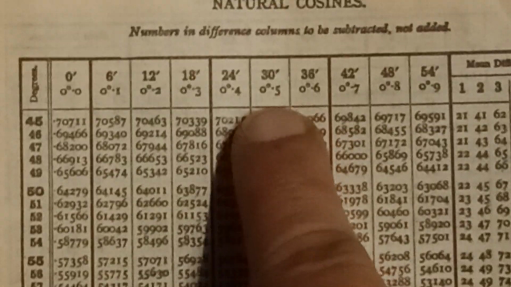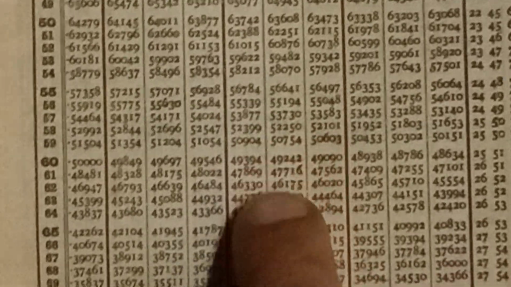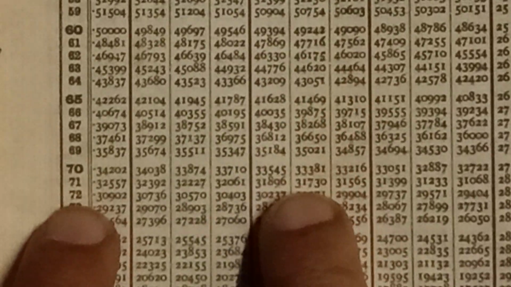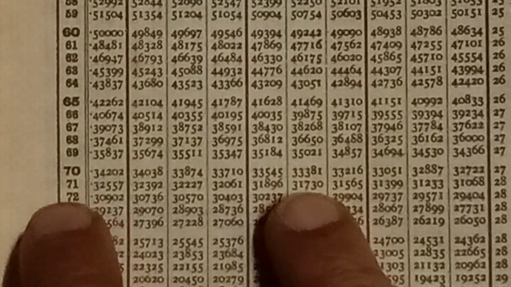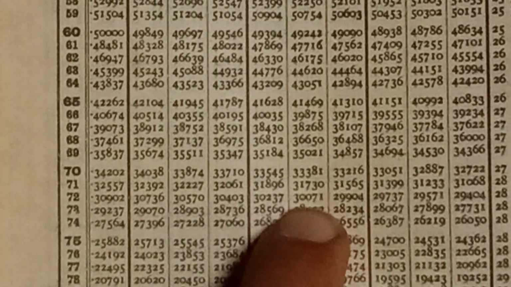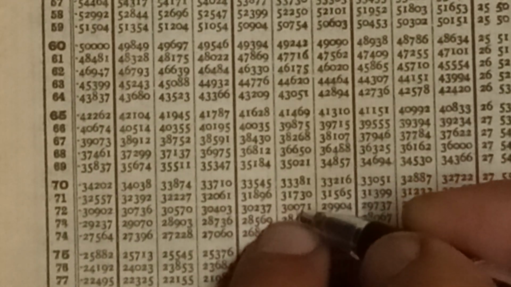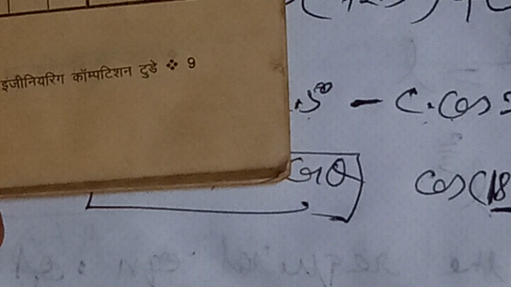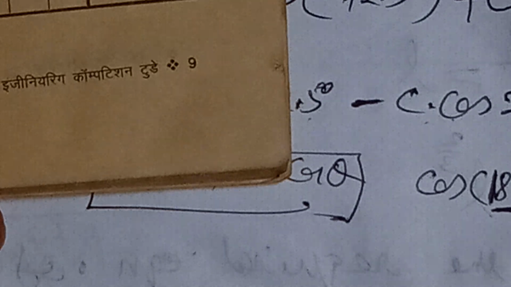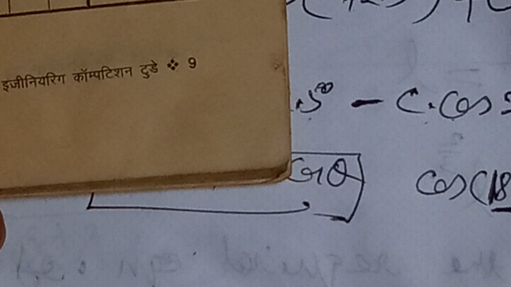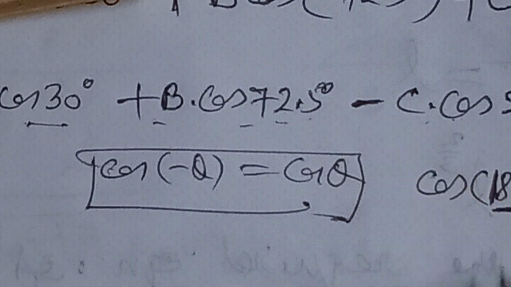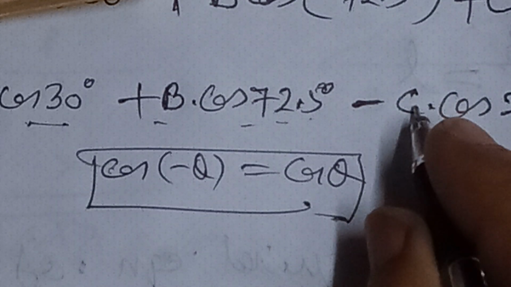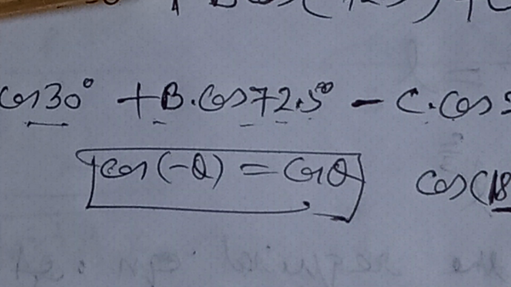We go down and in front of 72, when these 2 values meet, we get 30071. The point is not written here, but we know that this value is given in point, starting with point 30071. After it a minus sign is given, and the value of c we have to write